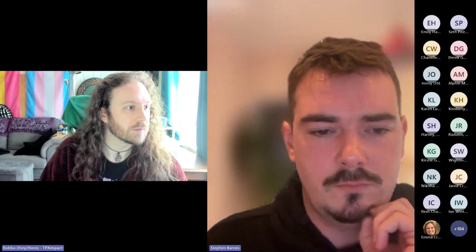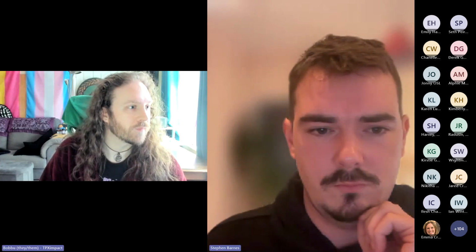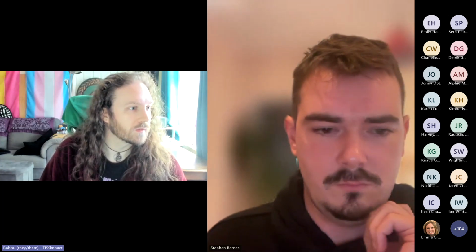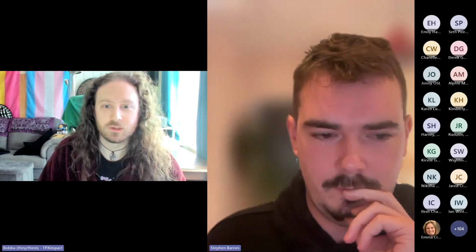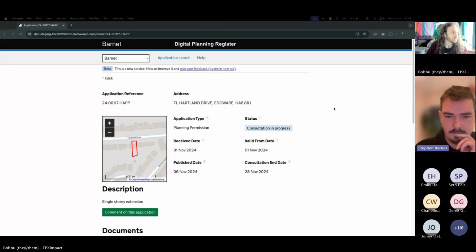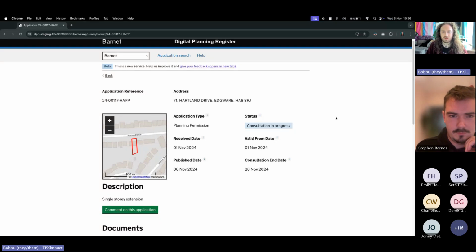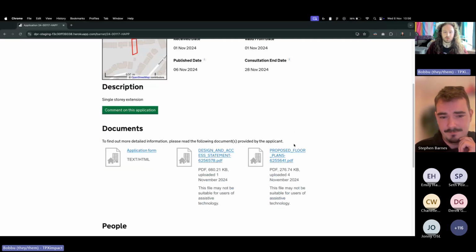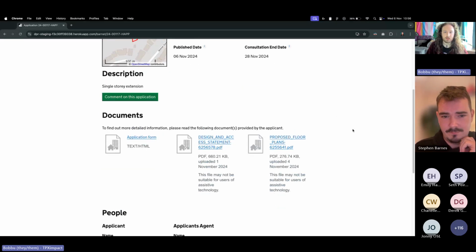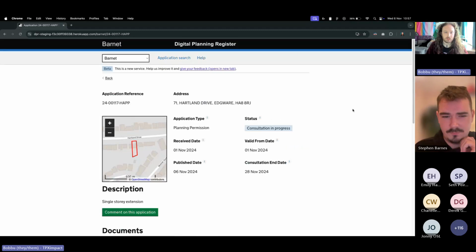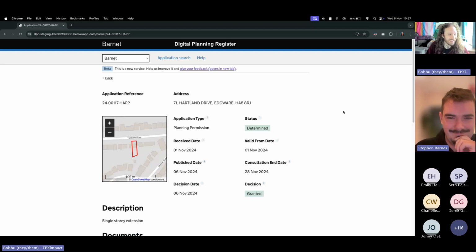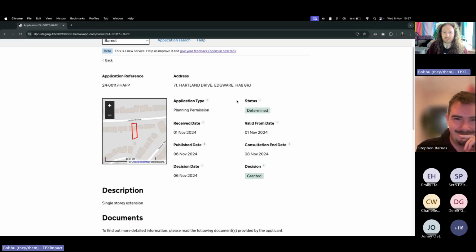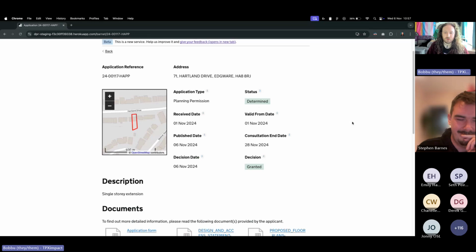So let me actually share my screen. So this is this application here. As you can see, we have got more of those documents popped in that have populated in from before. Hopefully, if I refresh this now, there we go. You can see that it has now been determined. We have a decision of granted,